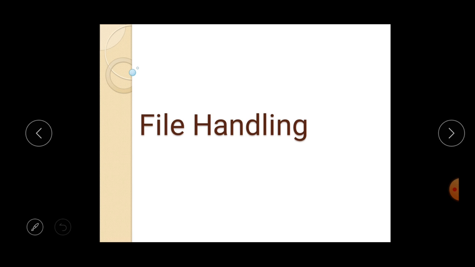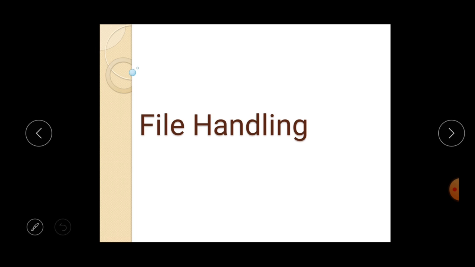When you are working with any type of interface like Anaconda, Spyder, or anyone else, you are only saving the code of the program. But in this chapter, you will learn how you can store the output of your program. Means the output of the program can also be stored with the file handling functions. So with the help of file handling functions, you can not only store the output of the program or any code, you can also read the file as input of your program.